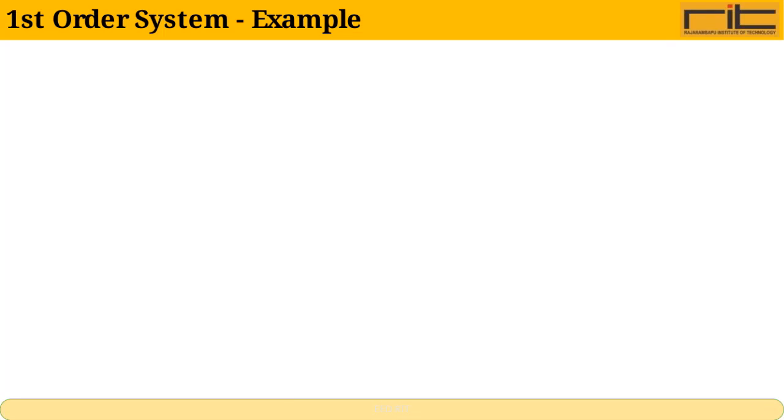Here we have an example of a first-order system. A first-order system is characterized by a differential equation that has a single energy storage element, which leads to a response that can be described by a simple exponential function. These systems typically exhibit behavior where the output gradually changes over time and approaches a steady state without oscillating. In this example, we'll see how the system responds to an input and how the time constant determines the speed of the response. Understanding this example helps us grasp the fundamental dynamics of many real-world systems, such as RC circuits,